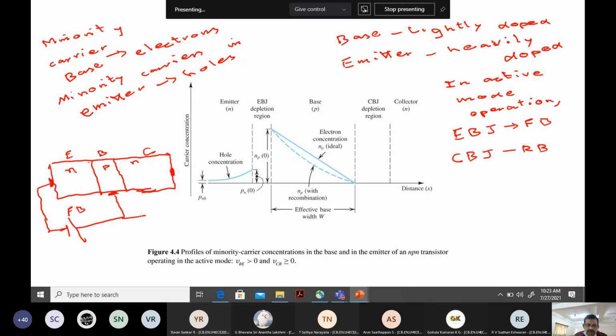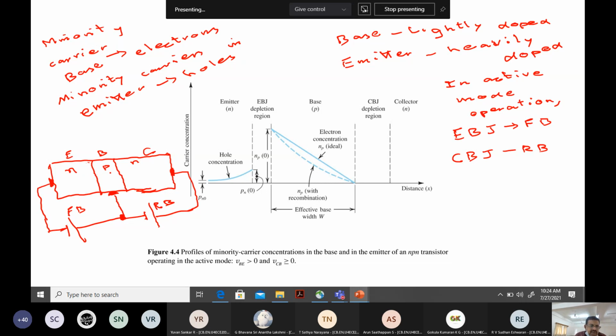Okay, whereas this fellow will be connected with reverse, which means the P connected to the negative and N connected to the positive. In this case, it is reverse bias. The transistor is in active mode of operation, and in this, what we have seen is the electrons readily diffuse and reach the collector region through the base, and the holes also go through this. So these processes we discussed in the last class thoroughly.